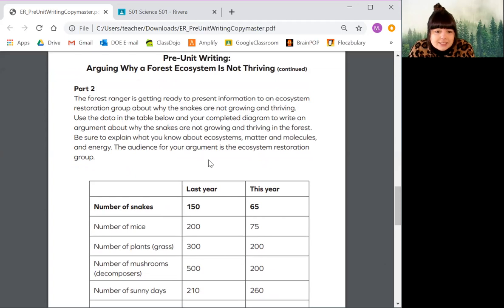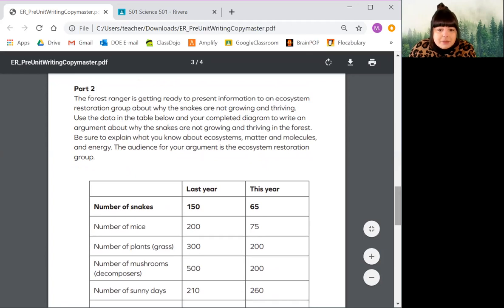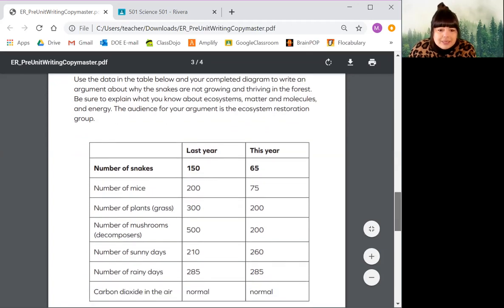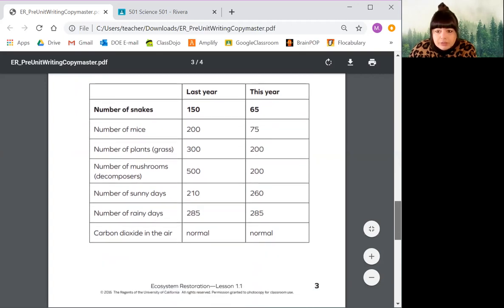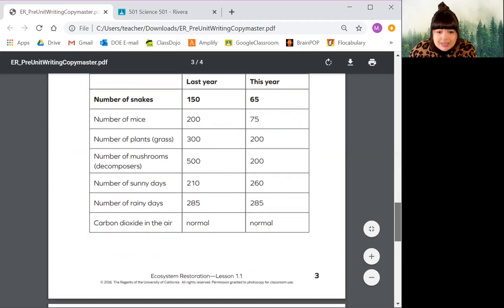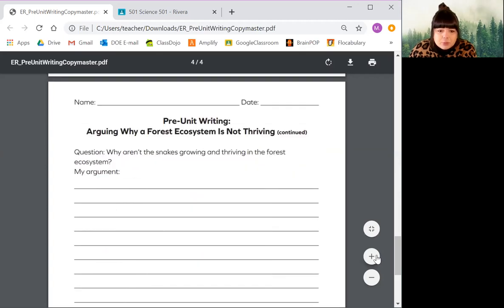Use the data in the table below and your completed diagram to write an argument about why the snakes are not growing and thriving in the forest. Be sure to explain what you know about ecosystems, matter, and molecules and energy. The audience for your argument is the ecosystem restoration group. Really, your audience is me. So make sure you're looking at this table here, analyzing what you think it's showing you, why it's important,